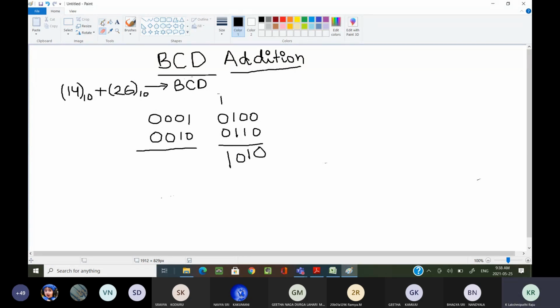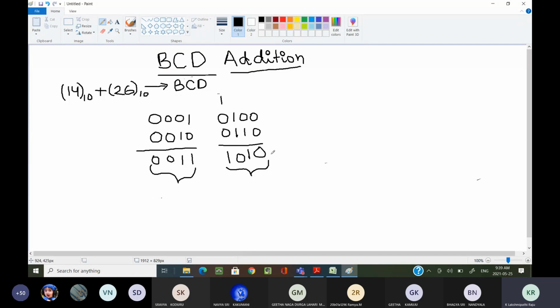Now we have to consider individual digit sums, not as a whole. Please remember this point. This is my first digit sum and this is my second digit sum.